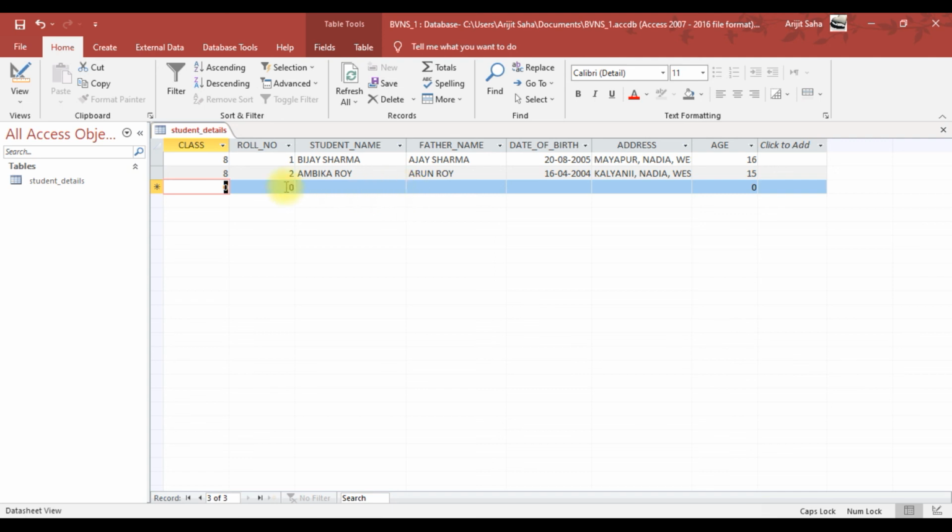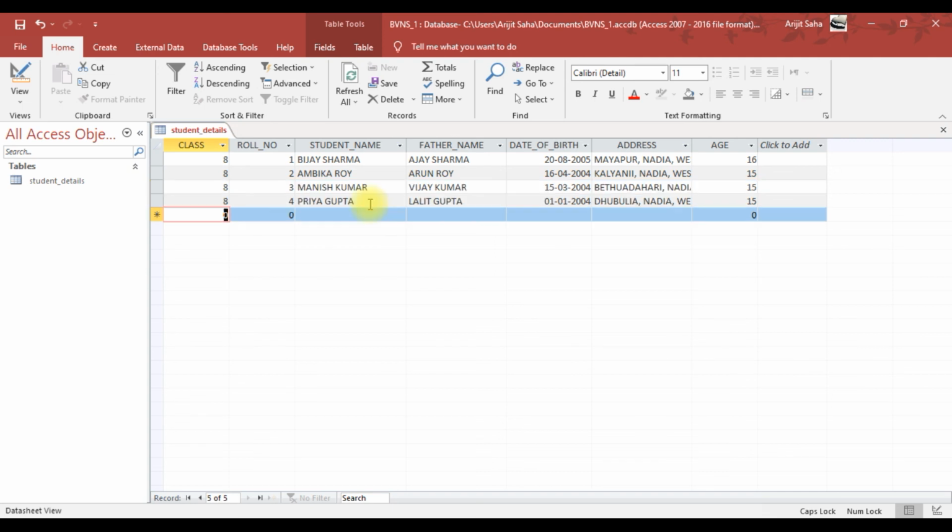Okay, now I will pause the recording for a moment, and I will enter a few more details to the table and get back to you as quickly as possible. So I have made 4 entries to the table, in total 4 entries. So we can understand a little bit how we can work with some of these things.